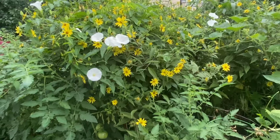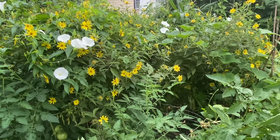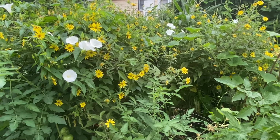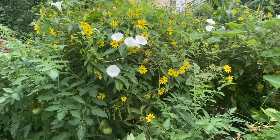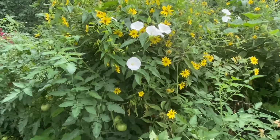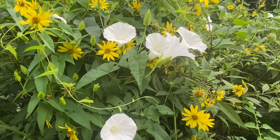I love this yellow flower plant. I don't know the name of it, but it looks like a daisy to me. So I'm calling it a yellow daisy plant, but you can also see bindweed. Bindweed, the flower is like a